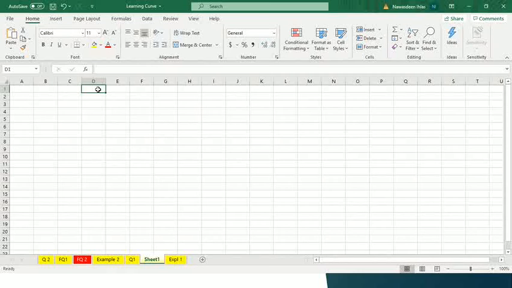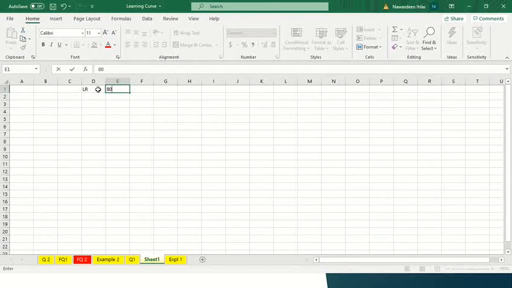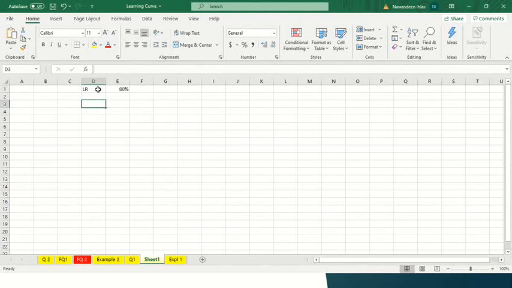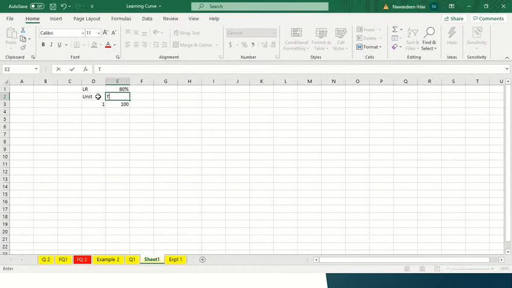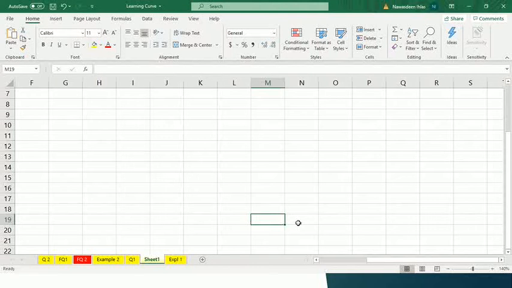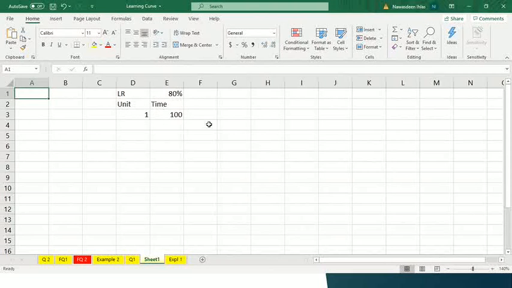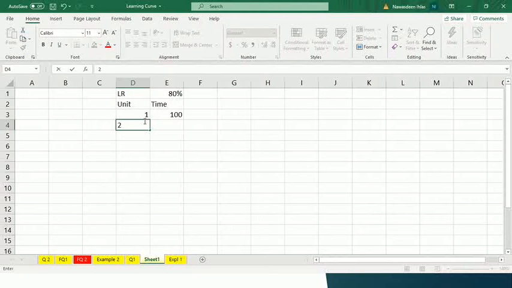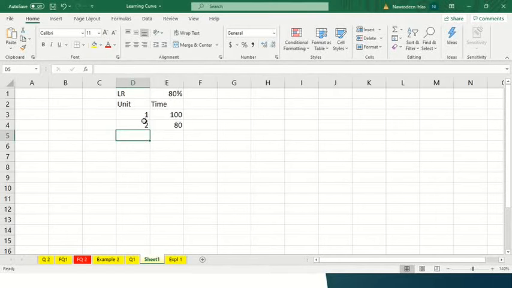So here you can see, if learning rate is 80%, let's say for the first unit he needs 100 minutes. Here for the first unit 100 minutes needed. So here, if learning rate is 80% it means their time will be reduced. So the second set here, they need only